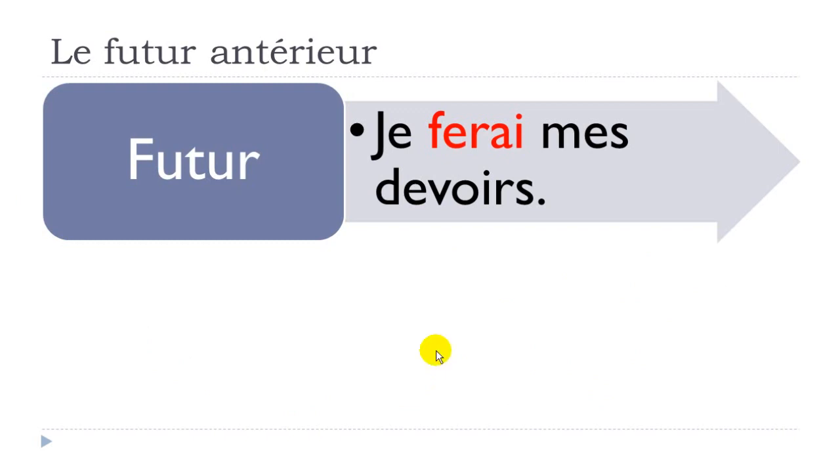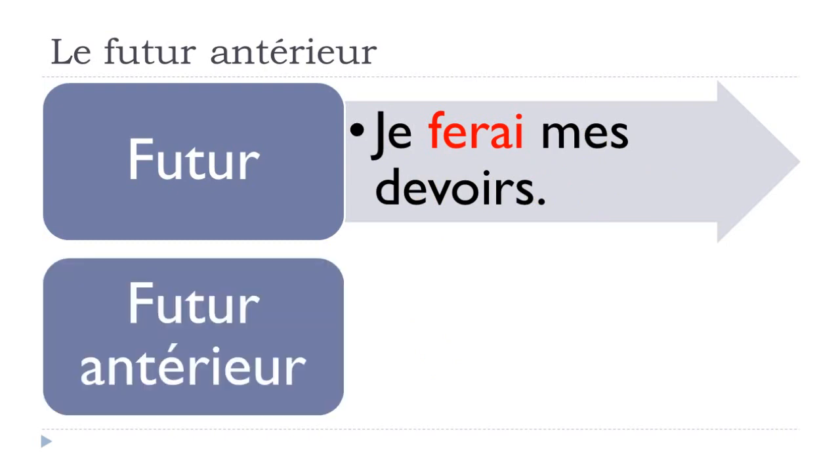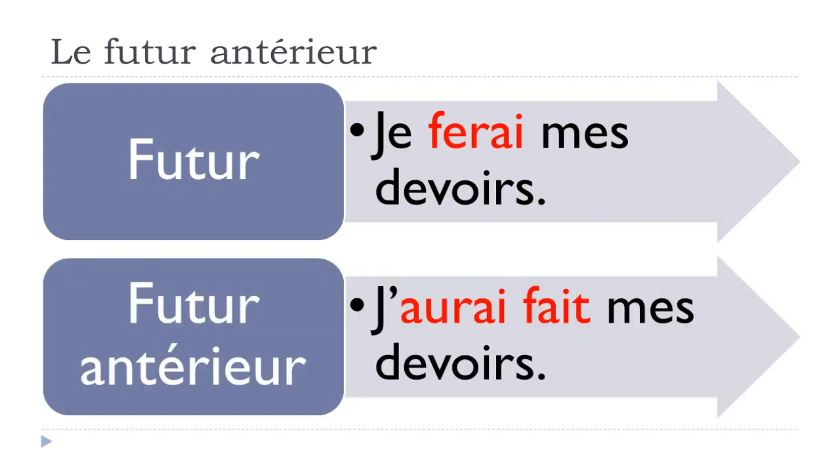If it's not clear so far, let's see one example. In the future form, if we want to use faire, faire is to do, je ferai mes devoirs. Mes devoirs, my homework. Okay? So this is the sentence in the future form. Je ferai mes devoirs. Okay? And if we've got the same sentence, but at the futur antérieur,